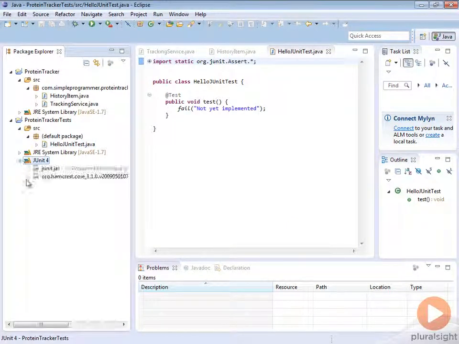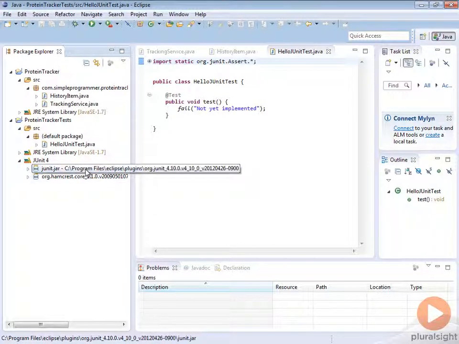Let's add JUnit4. If we look at this jar, you can see the version of JUnit. You can see that this is version 4.10. Now, if you want to use the latest version, you might have to add this jar yourself. I believe right now at the time of recording this course that the latest version is 4.11. So 4.10 probably should have most of the features that we'll want, but you may have to upgrade that in